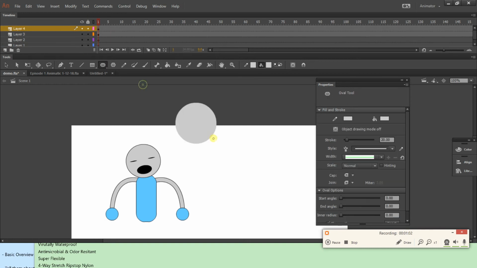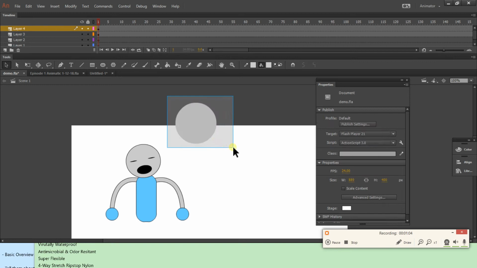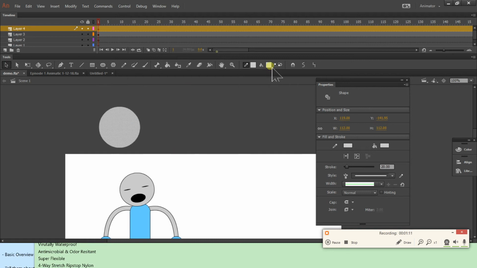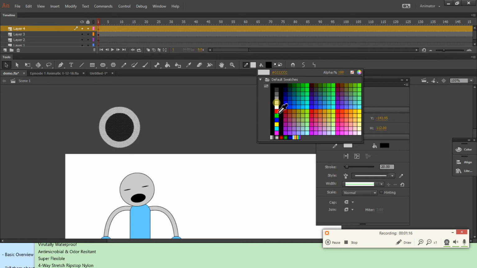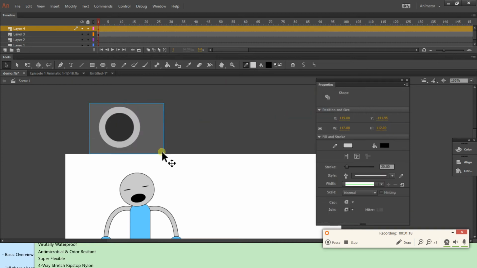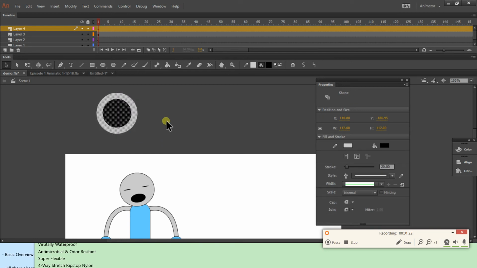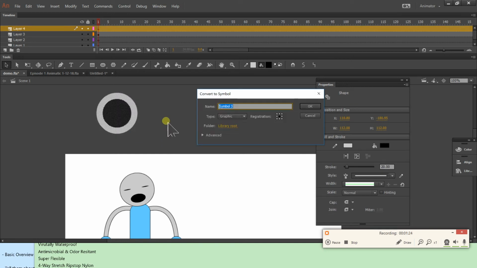So I get a circle. Now with classic tweens, the shapes or the objects that you move around have to be converted into a symbol. With each shape, there's a stroke and a fill, and to make it into a symbol, you hit F8, or you can right-click and say Create Symbol if you don't have that shortcut. With each symbol that you create, you want to name it. So I'll name this one